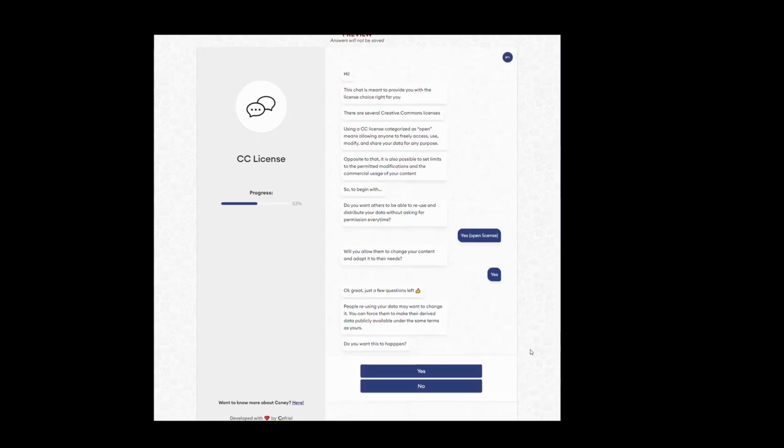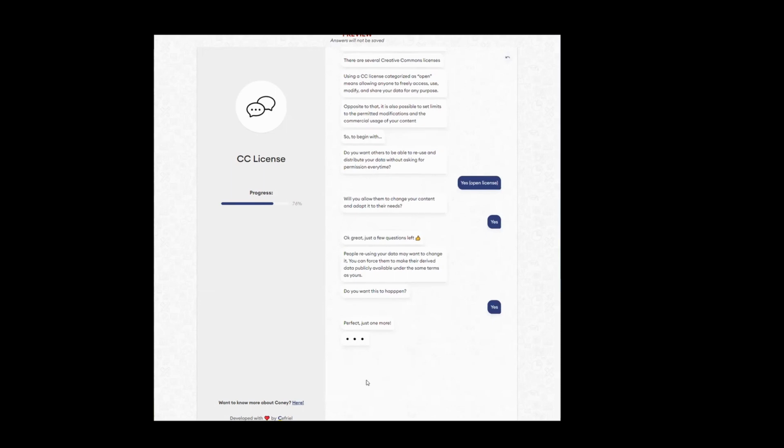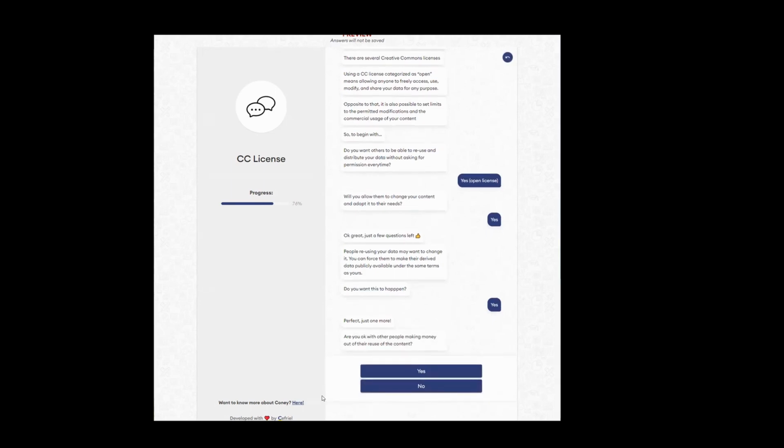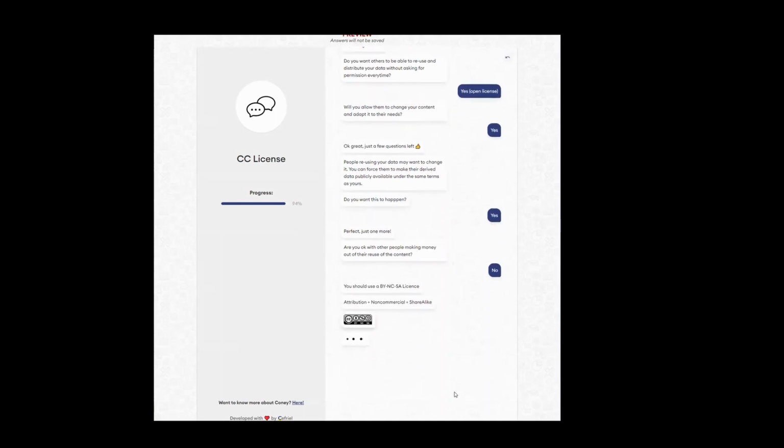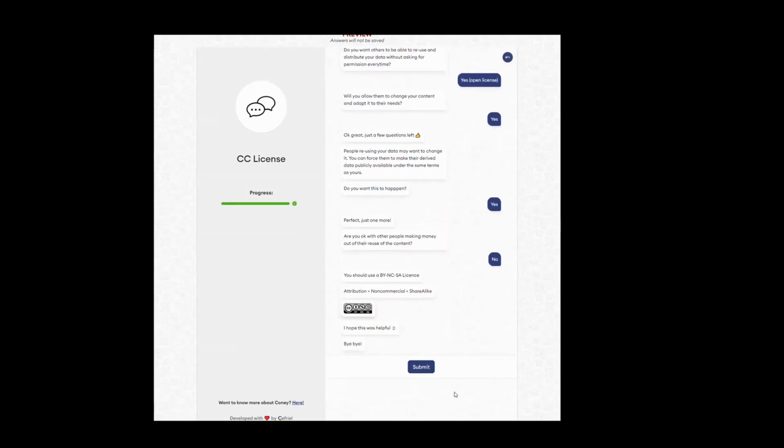It tells you, for example, people reusing your data may want to change it. You can force them to make the derived data publicly available. Do you want this to happen? Yes, okay. Perfect, just one more question. And are you okay with other people making money with your data? No, for example. So right now, Kony is processing all your responses and says, okay, you have to use the CC BY-NC-SA license,